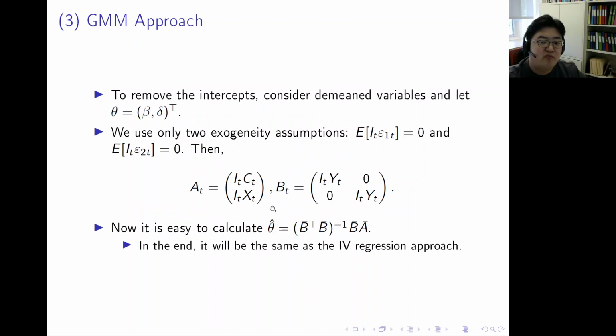So we are going to demean the variables again. I'm going to remove the intercepts, and I will use only two exogenous conditions, and then those matrices will be very simple. Especially B becomes pretty simple: the same thing in the diagonal terms and 0 in the off-diagonal terms. So it's easy to calculate them. Another transpose is missing here. So in the end, if you do the algebra, I didn't do it, but if you do the algebra,